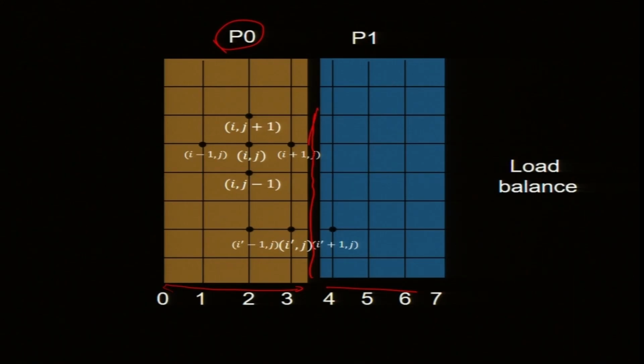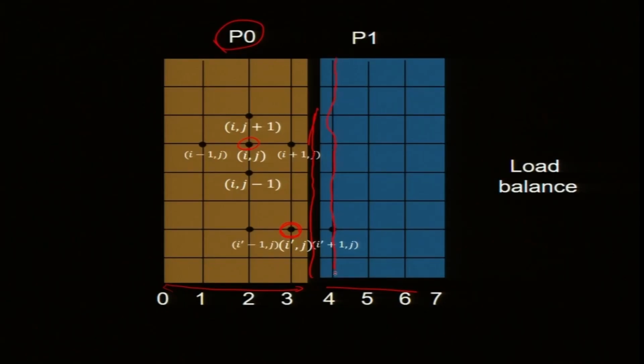With this I can compute the derivative along y direction, everybody can compute it, no problem. But now the x direction, this derivative can be computed, right, because I need the data on the left and data on the right, second order, central difference scheme. But what if I want to compute the derivative here? Then what should I do? I need data on the right hand side which is not available in processor P0, right, it is the problem. So, I need to copy the data into processor 0.